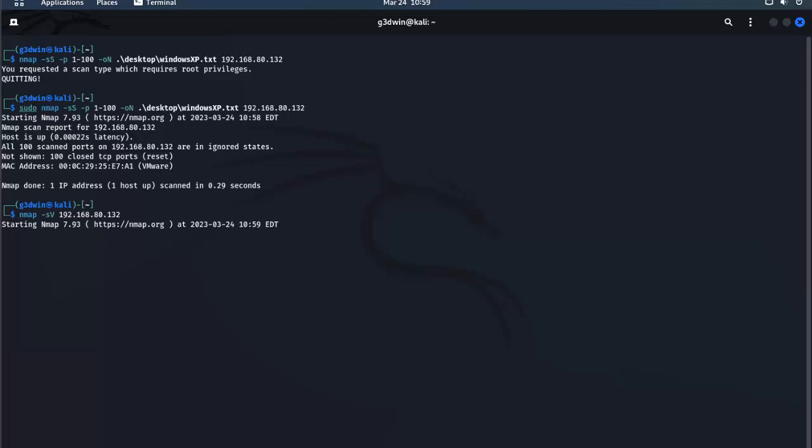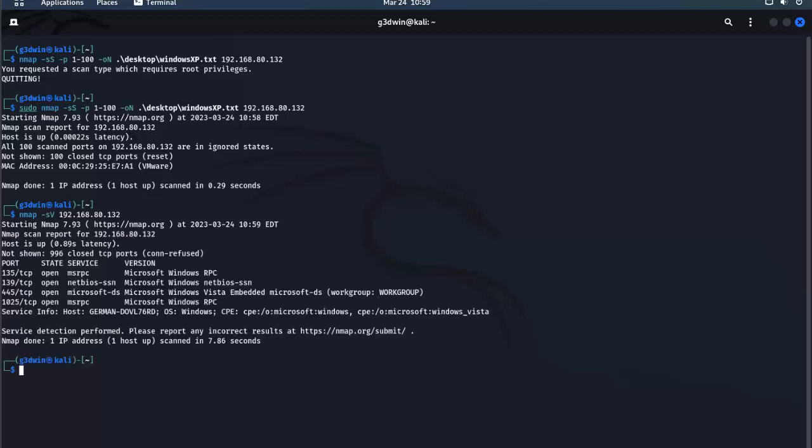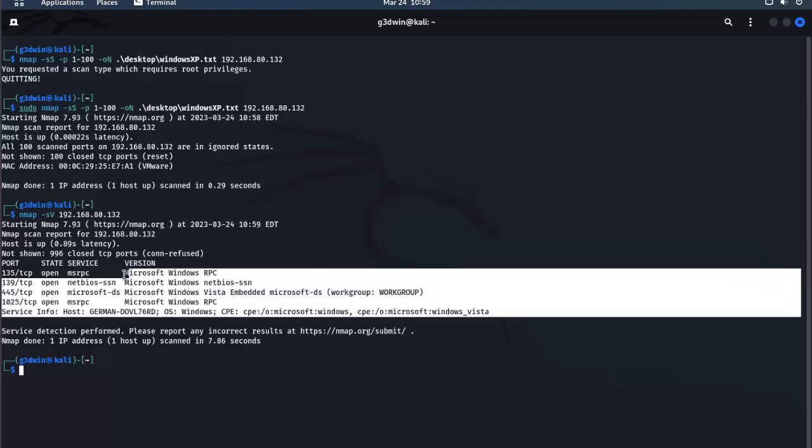That will give us the version and release number of the services running. Voila. Look. Now see that information right here could be useful when you're trying to do penetration testing, because there